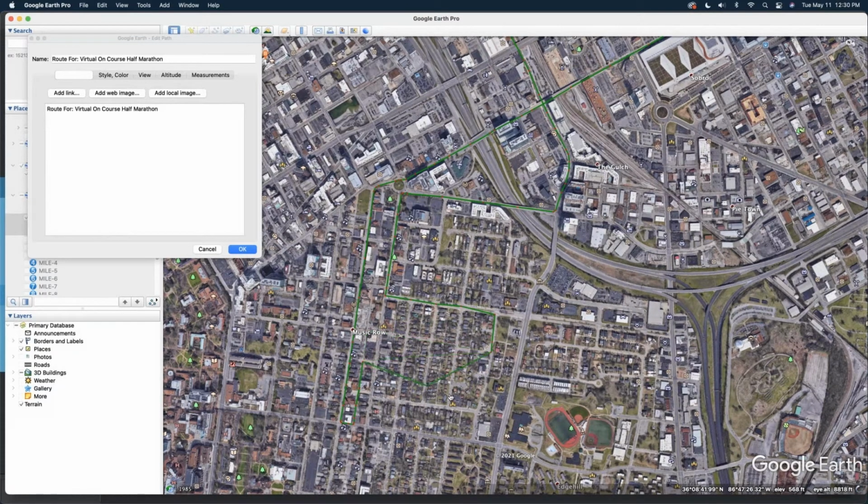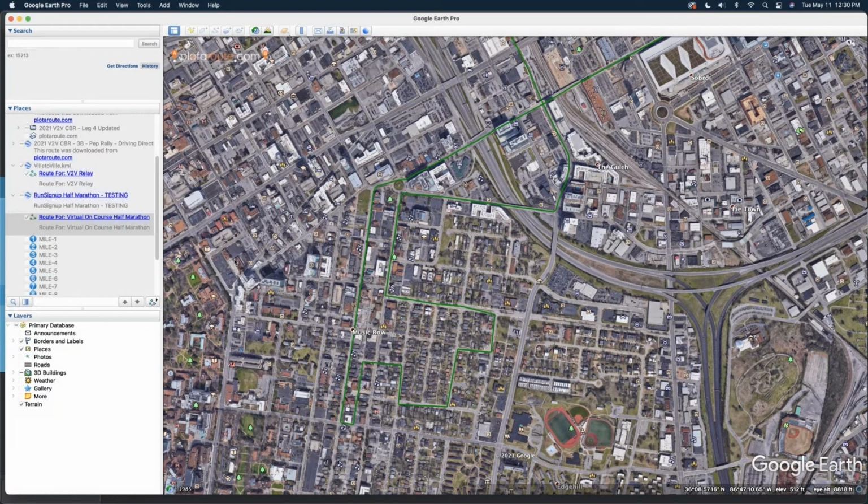And then let's do something like that. So we basically added this whole section, and it's a little longer now. It's about 14 miles now. So if I were to take this